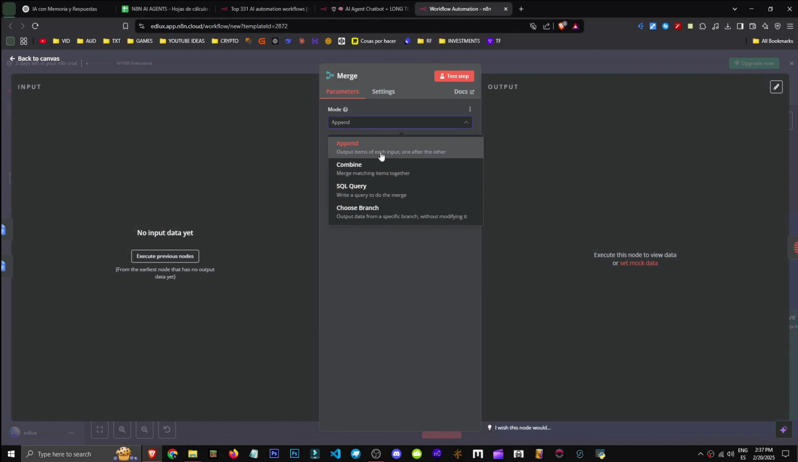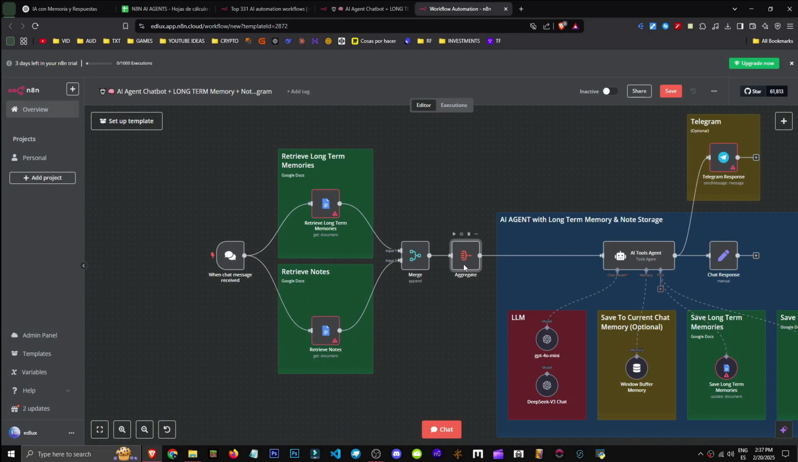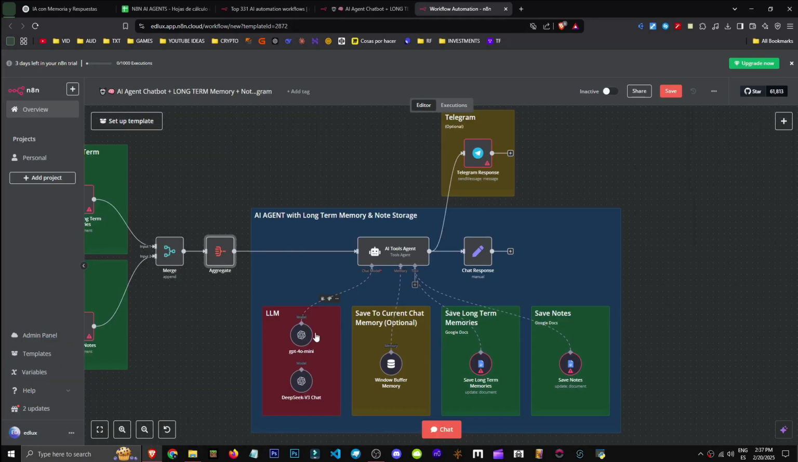Then these 2 inputs are sent to a merge, which basically combines them directly in append mode, placing one after the other, and then we pass through an aggregate that puts all the data in a list, outputs it in data format, and finally sends it to a model. As you can see, the GPT-4 or mini model is currently connected here, but we could remove it and connect